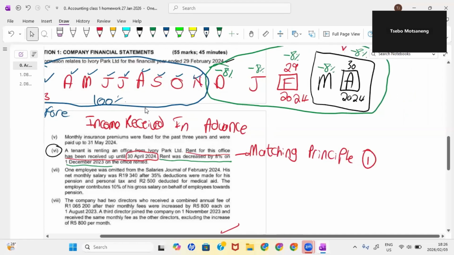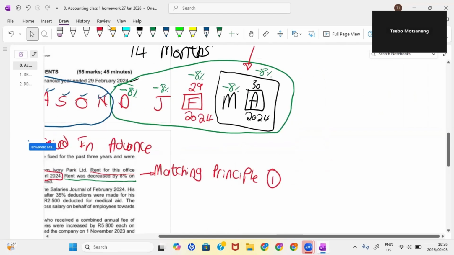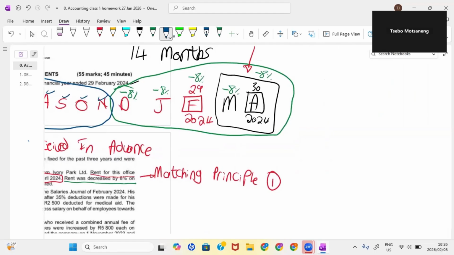And then when we go to after the decrease, or when the decrease happened, and the months thereafter, we can see that we have how many months? 1, 2, 3, 4, 5. We actually have 5 months. And then we know that after the decrease, we were receiving